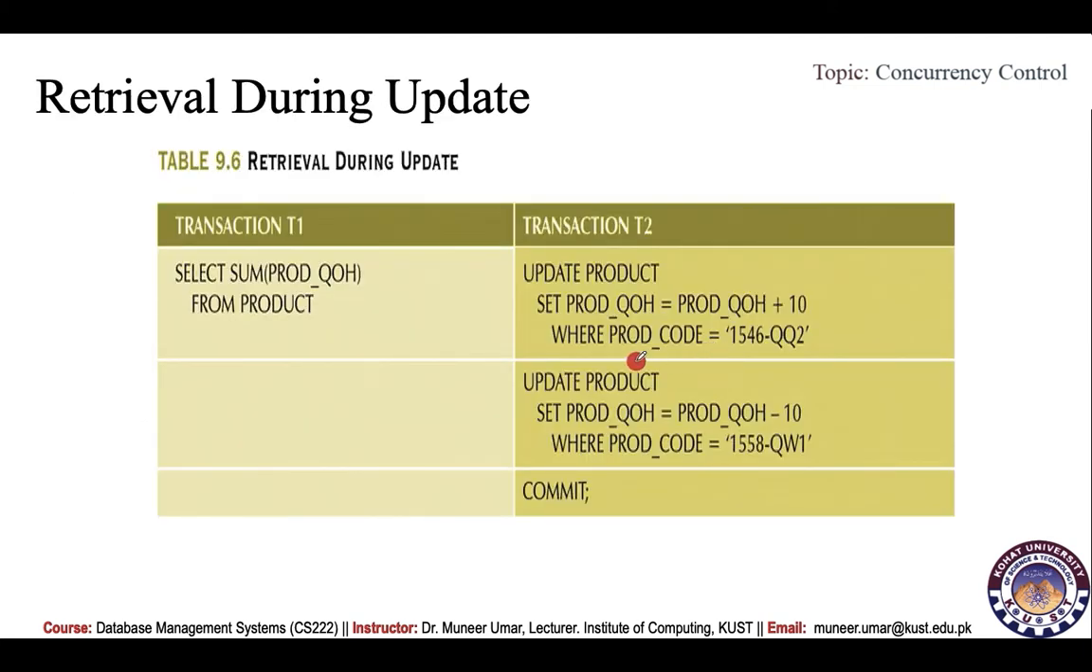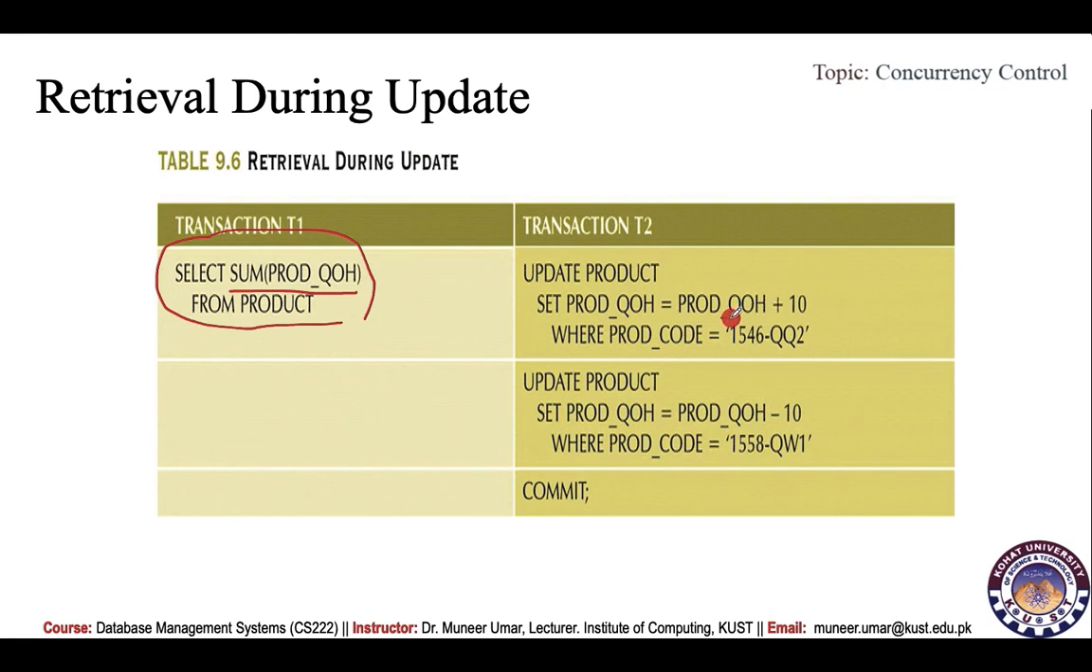Here we have two transactions, T1 and T2. T1 is using an aggregate function for taking the sum of quantity on hand. So this T1 will get the sum of all the rows under the quantity on hand column, all the values of QOH in the table, and transaction 2 is updating two rows in the table, and in these two rows the